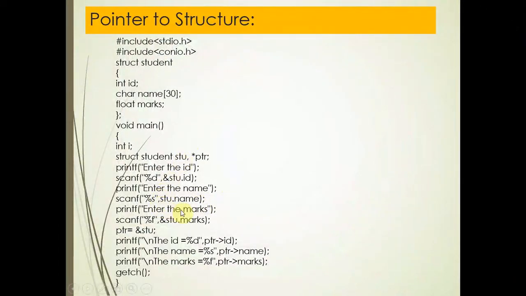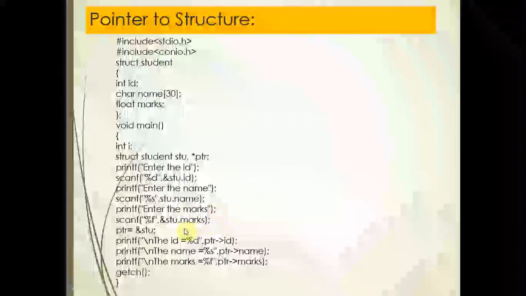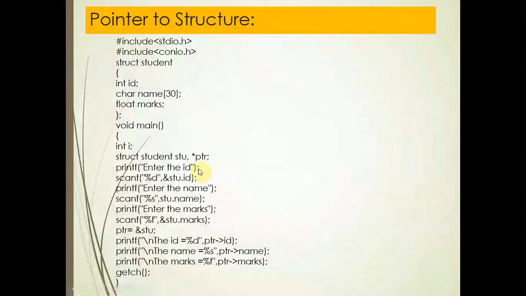With the help of this variable we can initialize the data members' values. And next statement is enter the marks. Because marks are float type, I have used the %f format specifier and &stu.marks. So with the help of these statements, I have initialized the structure members.